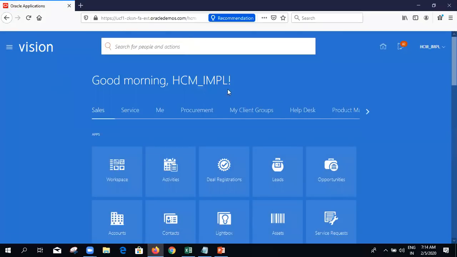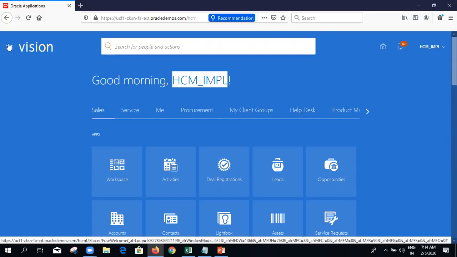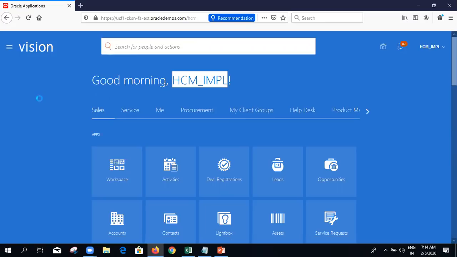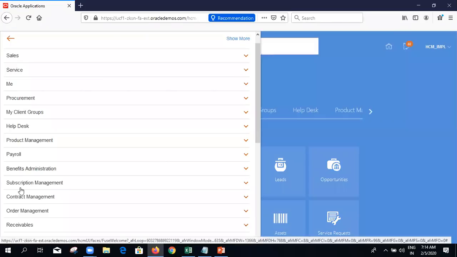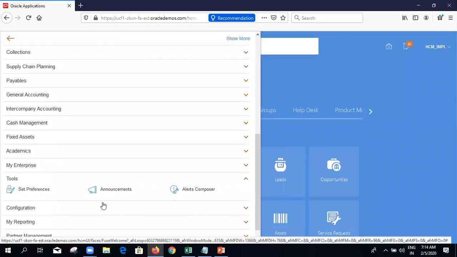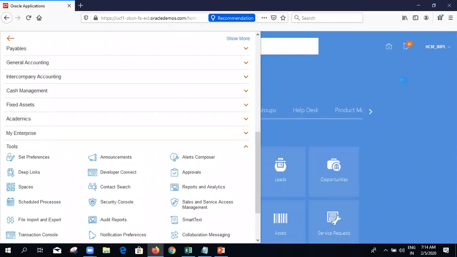So right now I came back with this HCM underscore IMPL where I have access to all the things. So I'm going to Navigator and then Tools, Security Console.